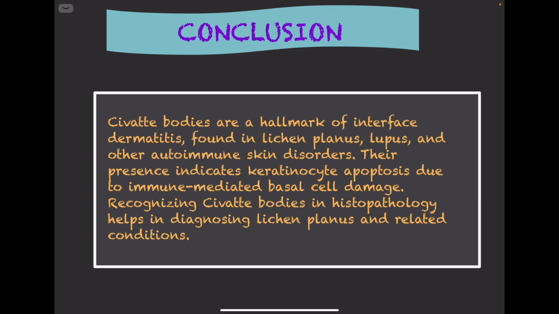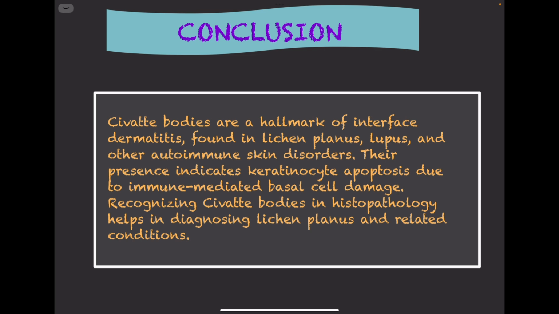Now recognizing these civatte bodies in histopathology helps in diagnosing conditions such as lichen planus and other related disorders like lichenoid drug reaction. We have the actinic variety of lichen planus as well. So all these types of autoimmune disorders you can easily differentiate on the basis of your civatte bodies. So these form a very important hallmark for differentiation of all types of autoimmune disorders, particularly when you compare them